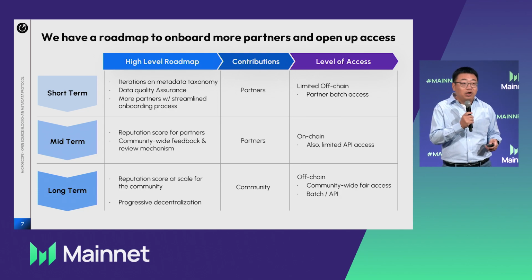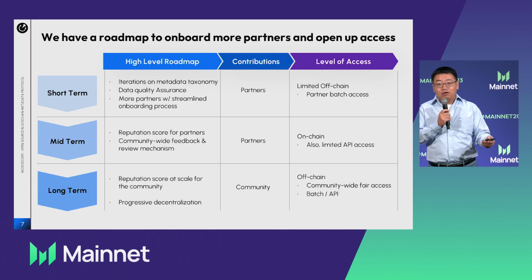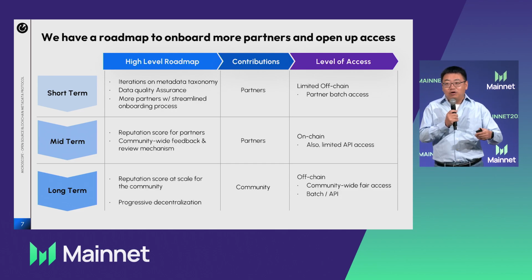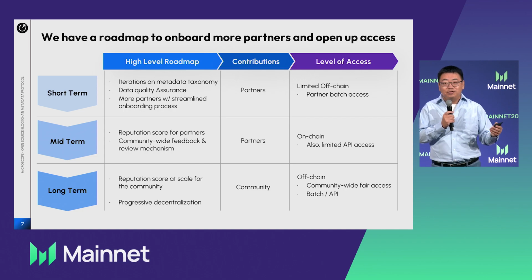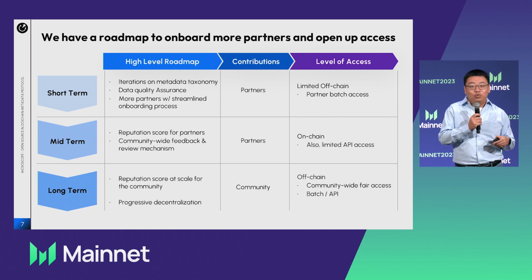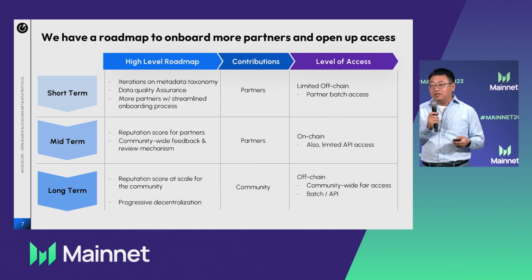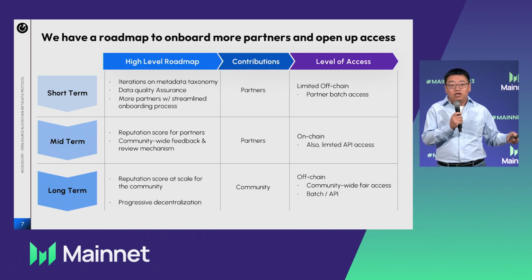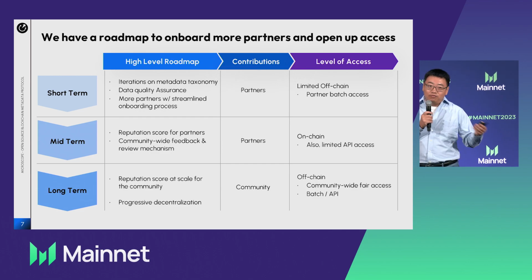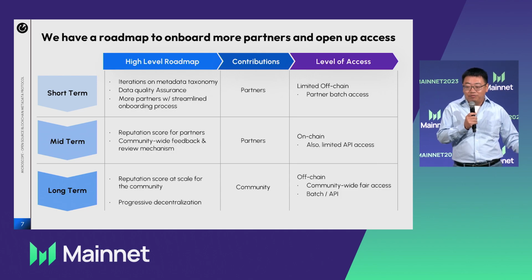Currently, it's a very heavy process because we need to look at the taxonomy definitions on each side, and discuss whether we need to consolidate or come up with a pipeline to adapt. We need to review the data quality. We also need to make sure we have a mechanism to continuously merge all the labels from all the partners who joined. So currently it's a very heavy process and we haven't been able to open it to everyone.